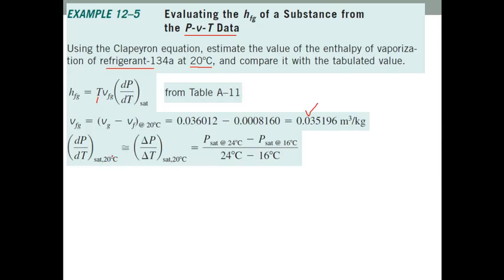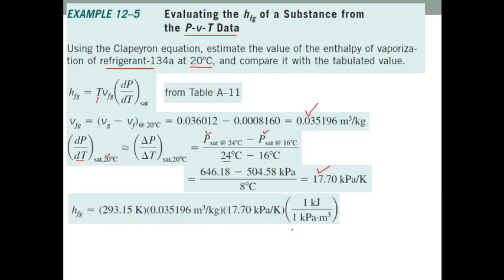To get the value of the slope at 20 degrees C we need the closest points available in the table, I mean the closest points to 20 degrees C. The closest points are 16 and 24. At these two points we have to read the value of the pressure, and similarly at 16 degrees C we have to read the value of the pressure. If we put those values in we can get the slope, because this is delta P and similarly this is delta T. So we have to select the closest two points. So that's the value of the slope. Now we know all three values, right? If we put these three values in the above equation we'll get the value of the enthalpy.